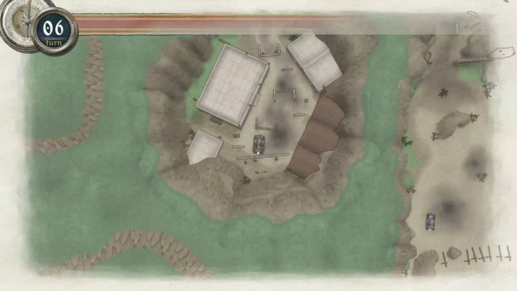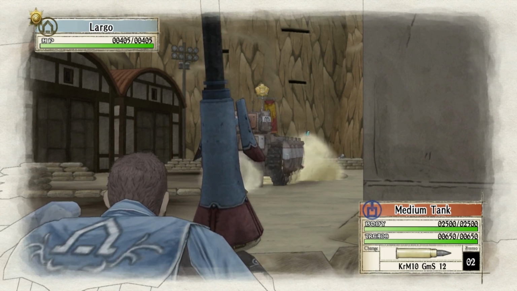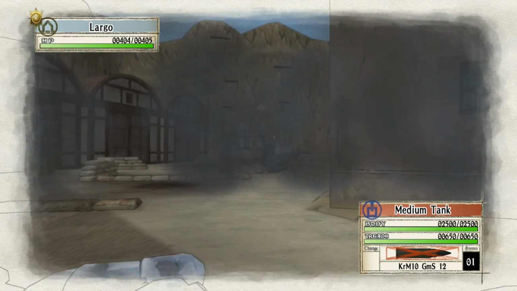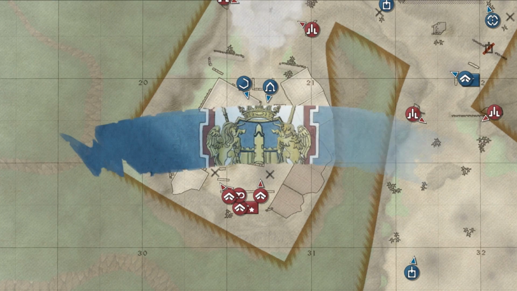Okay. Actually, you know what, I have an idea. I have a great idea, guys. Hope you're excited about it. Oh good, he mortared Largo. Oh well, Largo's fine. He actually took only 1 damage there. It did do some damage to our engineer, but...